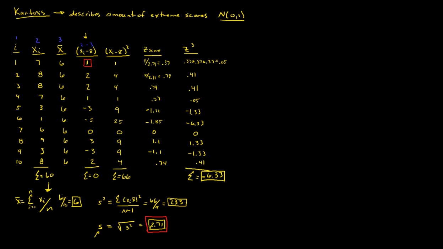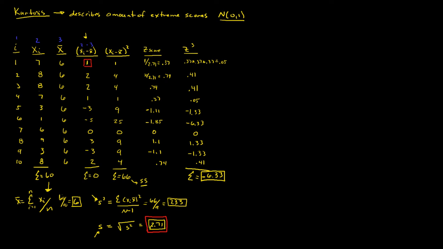When we do this, we get a sum of 66. We call this sum of 66 the sums of squares, indicated by SS. That is the sum of the squared deviation scores. We put those sums of squares into the numerator of this variance formula, and then divide by our degrees of freedom, n minus 1, to get variance. So 66 divided by 9 gave us 7.33. Then we take the square root of this 7.33 to get S, our standard deviation,